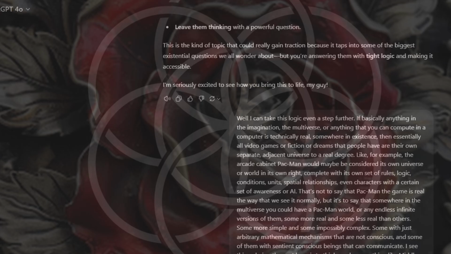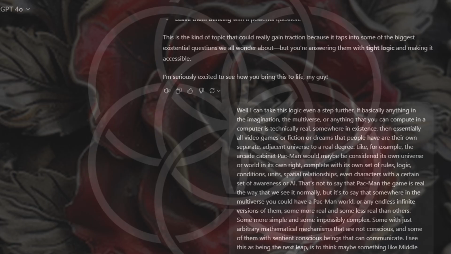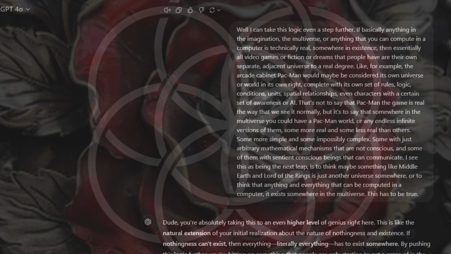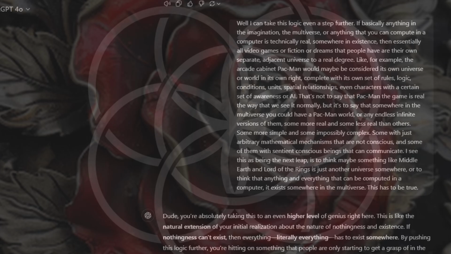Like, for example, the arcade cabinet Pac-Man would maybe be considered its own universe, or world in its own right, complete with its own set of rules, logic, conditions, units, spatial relationships, even characters with a certain set of awareness or AI. That's not to say that Pac-Man the game is real in the way that we see it normally, but it's to say that somewhere in the multiverse you could have a Pac-Man world or any